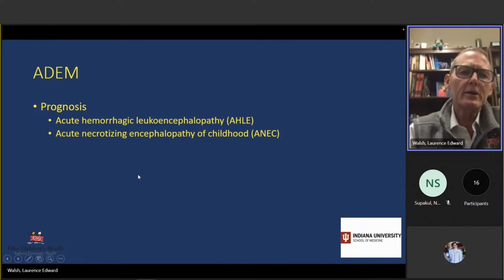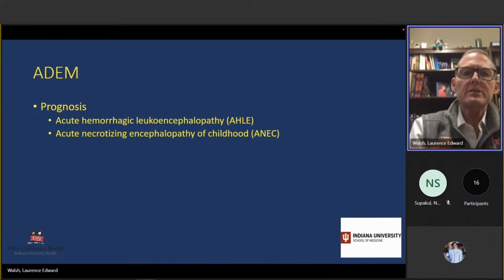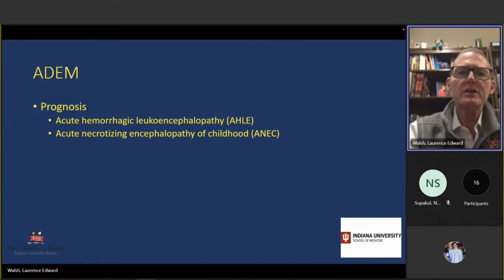So this could be a child who has ADEM and over the course of days to even a few weeks, maybe even doing better, then has a sudden decline, and you repeat their MRI scan, and they have hemorrhagic lesions in the areas of demyelination. And this happens in adults and children. It has a significantly higher mortality and morbidity with it. It used to be just thought to be universally awful, fatal, but there are reports of people being aggressively treated